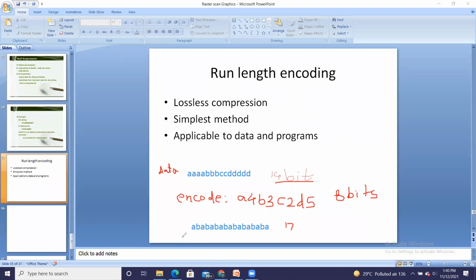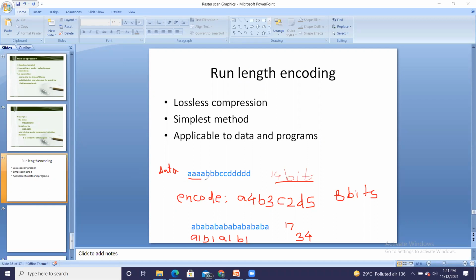Now, after encoding, I will have A element 1 time, B element 1 time, again A element 1 time, B element 1 time. So how many such bits will be required here? To store a single A, I require A with 1. So simply the requirement will be doubled. 34. Yes. So a total of 34 bits will be required to store the encoded form of this data. So this run length encoding will give you the compressed form only when the redundancy is grouped together.